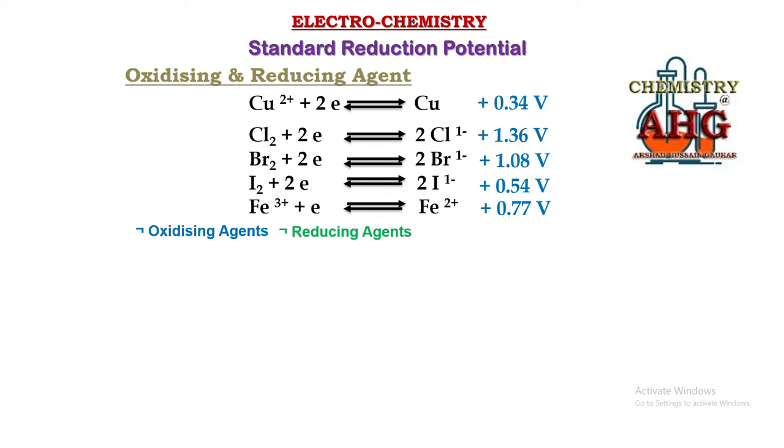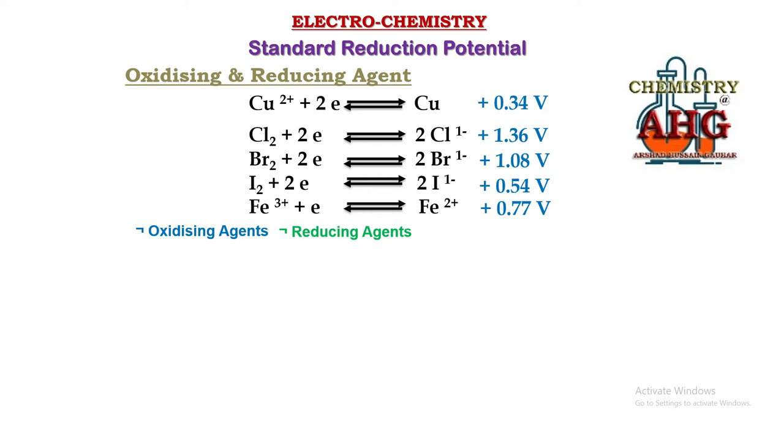So whenever you are given this type of information, by looking at the type of process, you can decide about oxidizing and reducing agents. Next comes, if from this set of equations, from this set of half cells, it is asked which one of all these is the best oxidizing agent and which one of them is the best reducing agent.